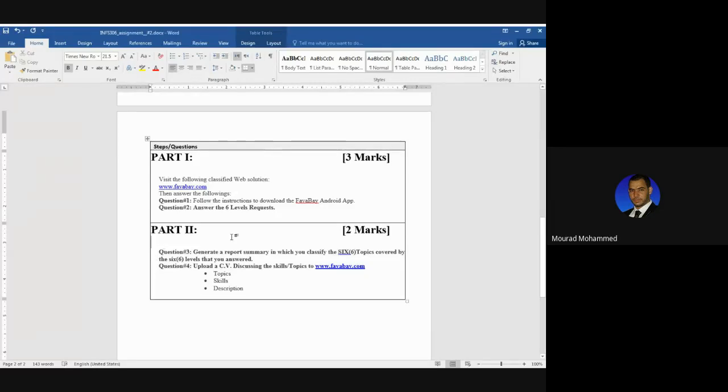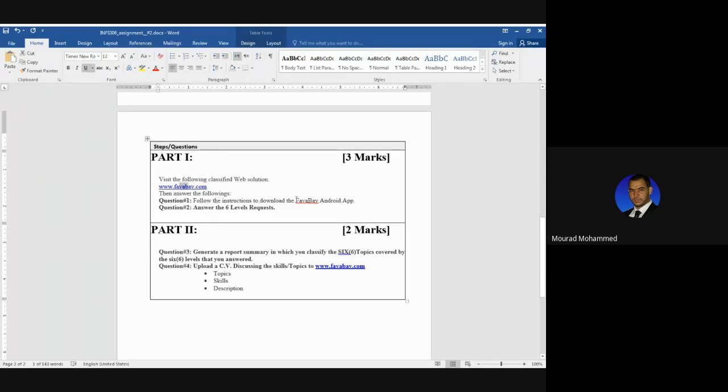To push up the learning process, in this assignment you are required to do some practical activities with some theoretical demonstrations. You're going to do some practical tasks, and in addition, you're going to generate some reports, or let's say reporting data. Okay, for the first part, out of 3 marks, you are required to visit this domain here,